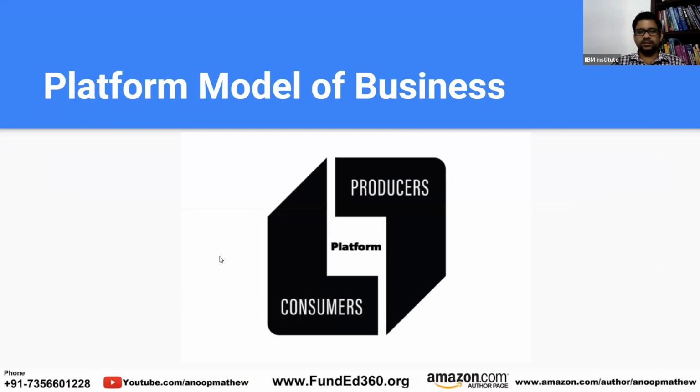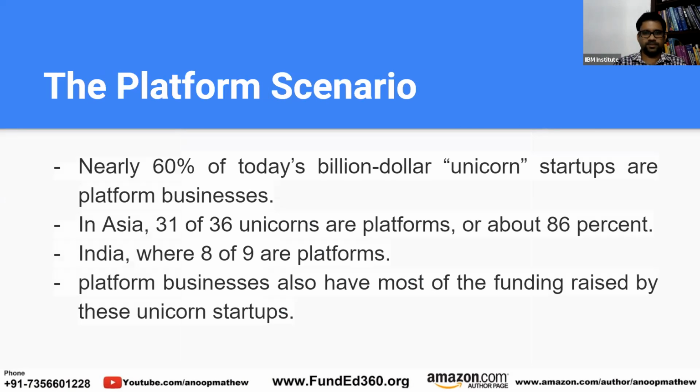And this is the symbolic representation of the platform business model. We have the producer and a consumer. In between, in the platform, you can find a lot of other people. In the case of Amazon, for example, the producer will be there, and in the platform itself sometimes the seller will be included. The Amazon app will be there, that means the IT infrastructure will be included. And the consumer will be there. Sometimes, apart from the consumer, you can find a wholesale buyer also, as we have discussed earlier, who is purchasing in bulk. That also will be there. So this is the basic model of platform business.